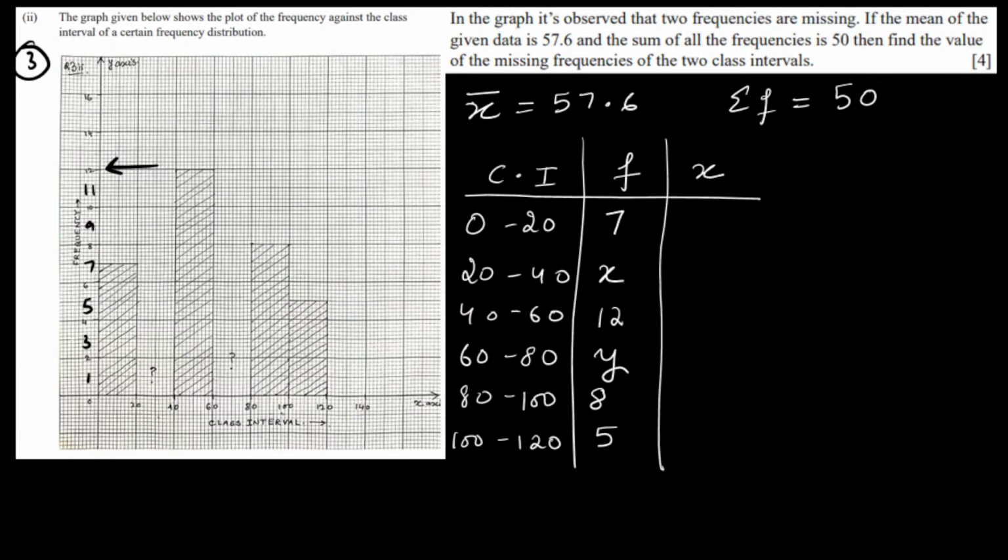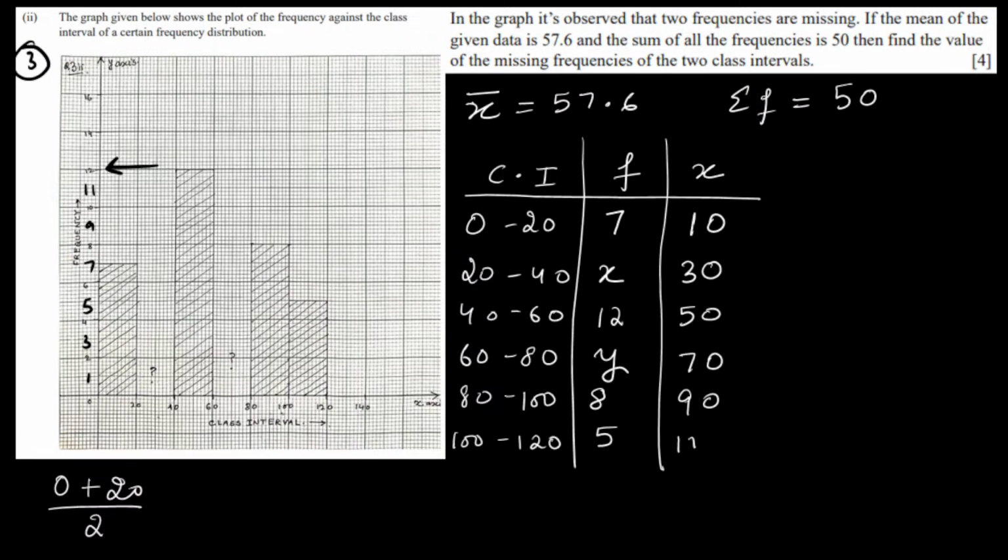So class mark, how to find? I hope you people remember. These are the things we have discussed so many times earlier also. Class mark in an interval is upper limit plus lower limit divided by 2. So 0 plus 20 by 2 is equal to 10. Now you can just add the class size. So for 20 to 40 it will be 10 plus 20, which is 30, then 50, 70, 90,